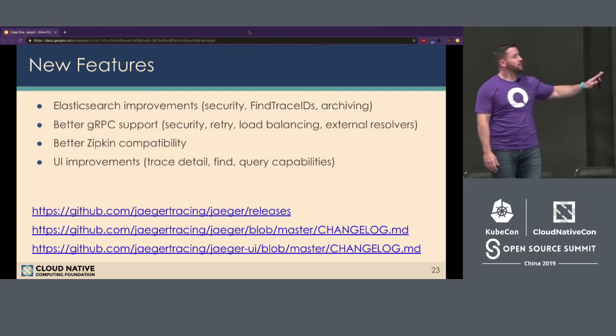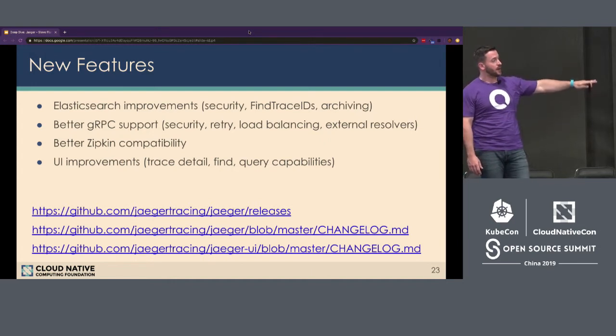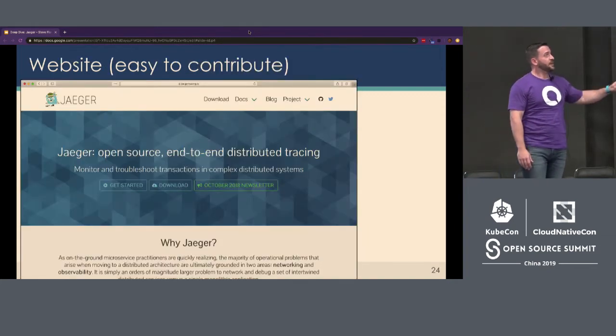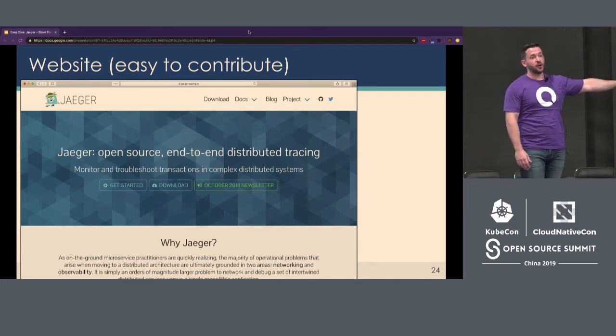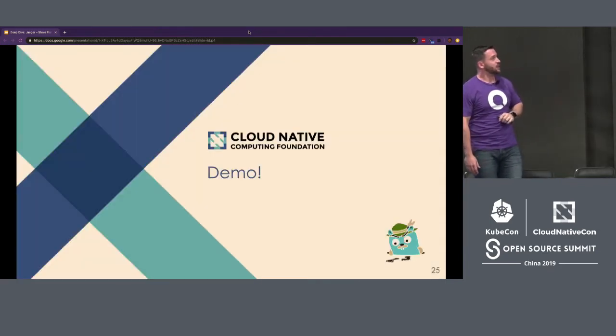And then from a UI perspective, there are some enhanced capabilities. I'll actually demonstrate some of these. And I provided links on how you can actually get the change log for the changes that are coming in these releases, so you can actually follow along. They do tag the milestones on GitHub, so it's very easy to see the new features that are coming out. And then definitely take a look at the website. I mentioned jaegertracing.io. You can actually contribute to this as well as part of the GitHub repository. A lot of rich resources here, very easy to get started.